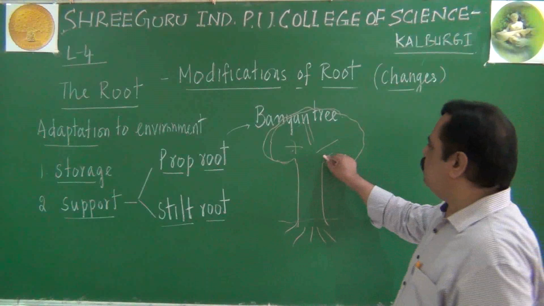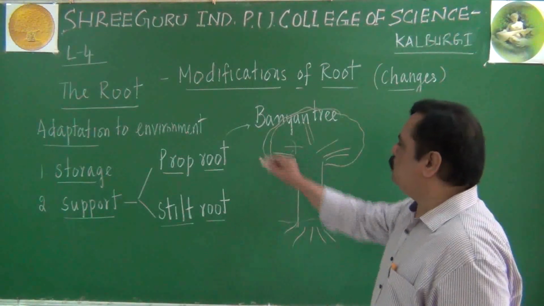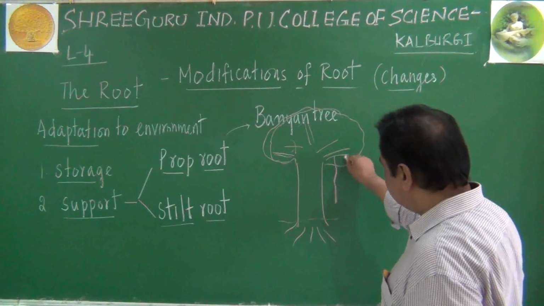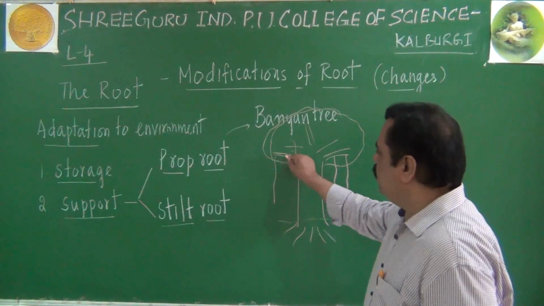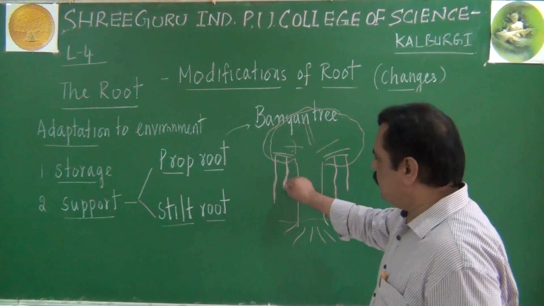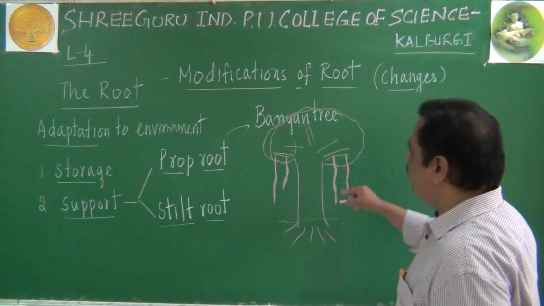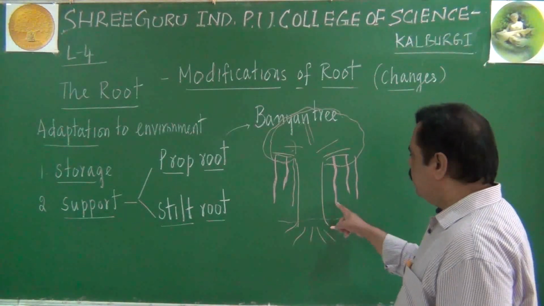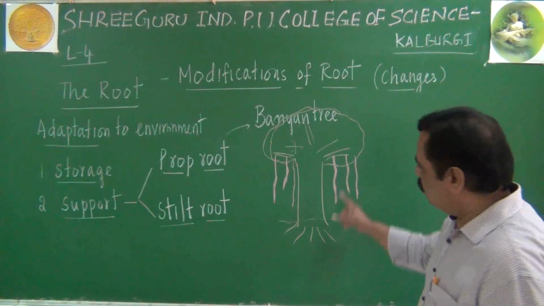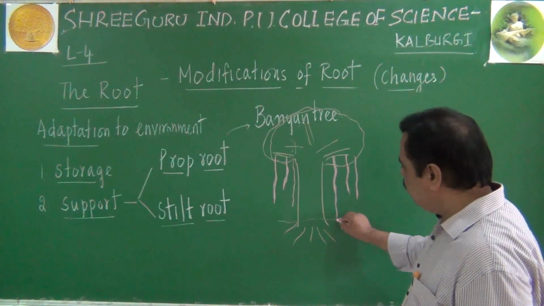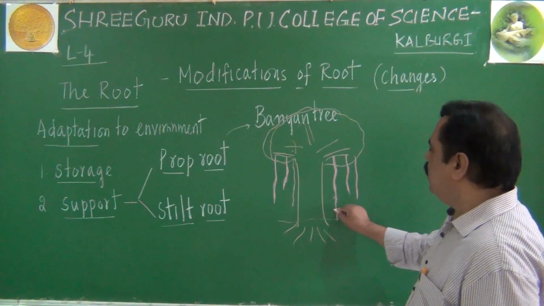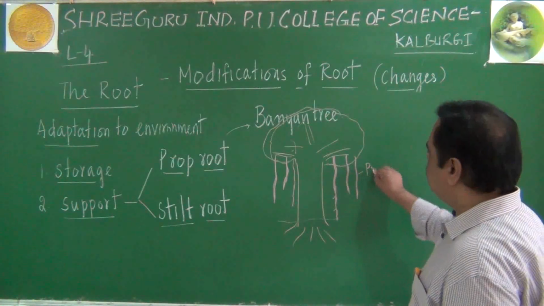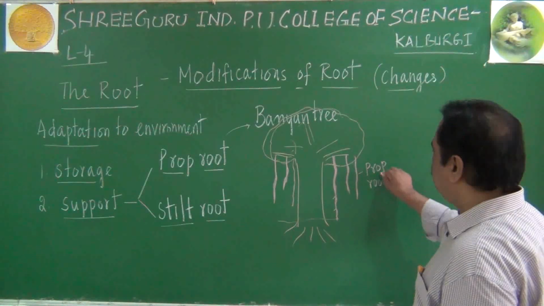In the banyan tree, there are many branches, I told you. You could have observed that from those branches, there will be several rope-like structures hanging downwardly, with differing lengths. Remember this point. These are several rope-like structures hanging downwardly from the main plant body. Each may have different length. Some of them will be smaller, some of them may reach even up to the soil also, and this is called the prop root system. This type of root is called prop roots.